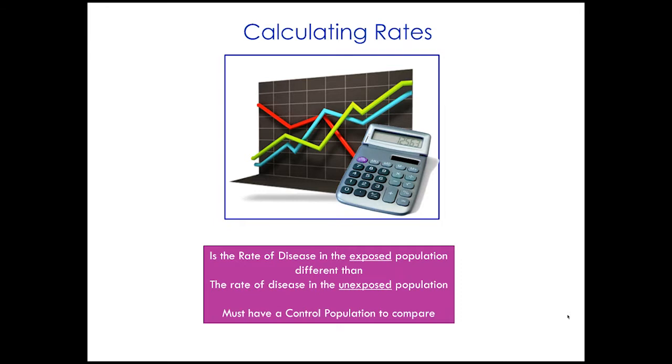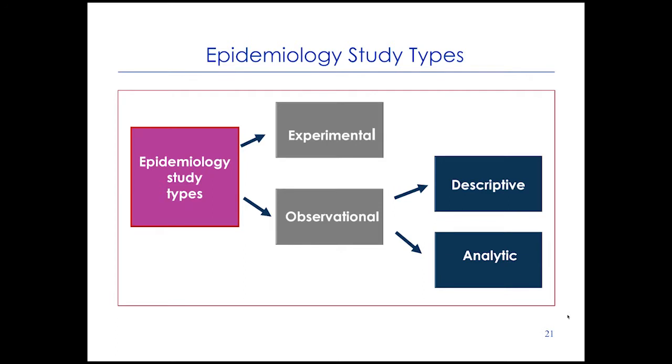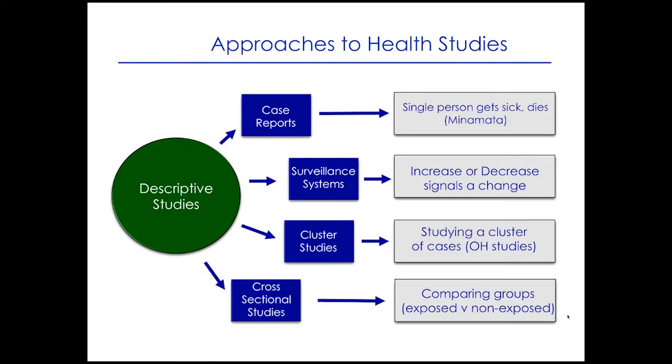So in epidemiology, we have all sorts of studies. You don't need to focus on this. We do observational epidemiology and we do descriptive epidemiology as opposed to analytic. Descriptive is generally either a case report, someone gets sick, which then raises the question, well, why did that person get this very unusual disease? A good example there is Minamata. We also have surveillance systems, which are for descriptive studies, but are we really monitoring certain conditions, or at least the environmental conditions in some of these low and middle income countries? And very often the answer is we are not.